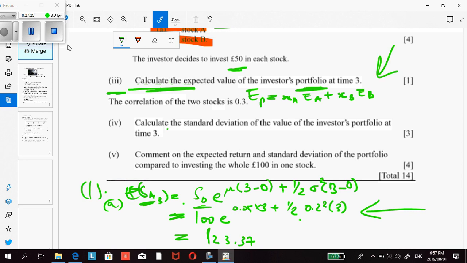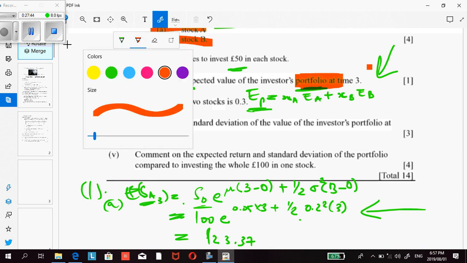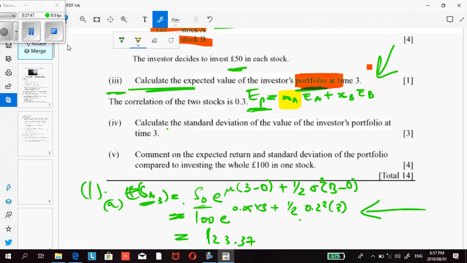Now this is what you're always going to use when we are asked to calculate the expected value of a portfolio. The key word, you must read your question, it must be a portfolio in order for you to apply this particular formula. So remember, this is your proportion invested in A, and this is your proportion invested in B. Now, if I invest 50 in each of the stocks,